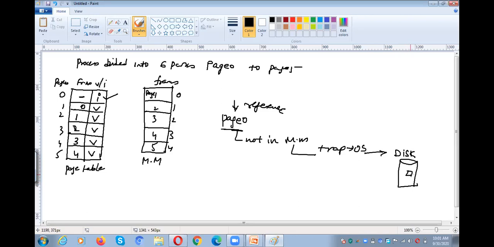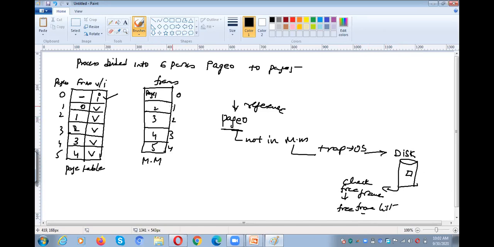If it is there in the secondary memory, then the operating system will check for a free frame, right? The free frame is not available. The operating system checks the free frame list, and the free frame list is empty. Why? Because there is no free frame available in the main memory.